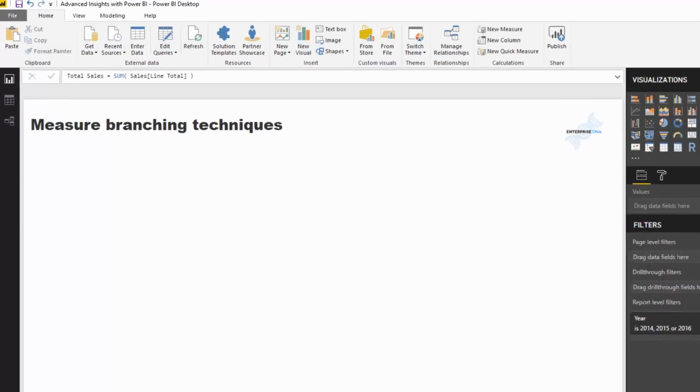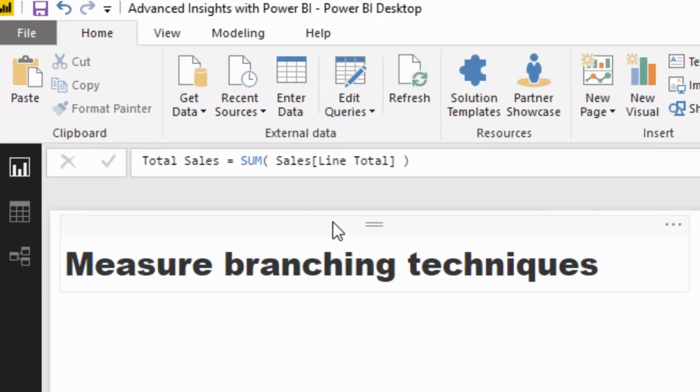So, I'll run through one example of measure branching. You're always going to want to start with your DAX. As soon as you write DAX, and I explain this many times, especially in my Ultimate Beginner's Guide to Power BI course and my DAX course,